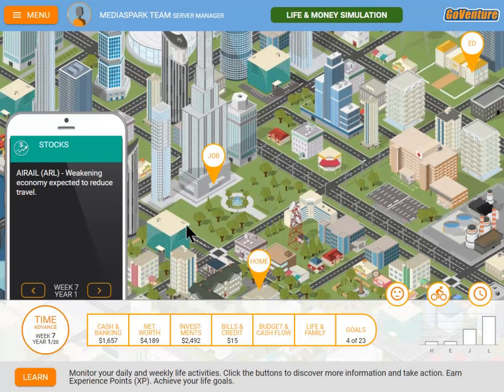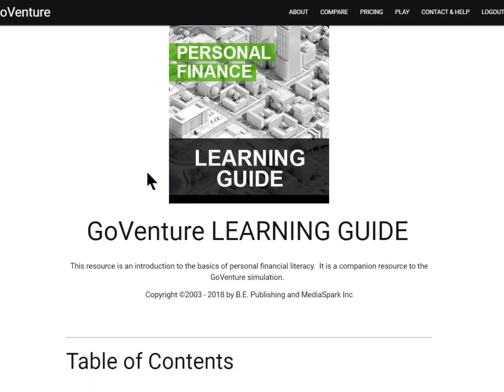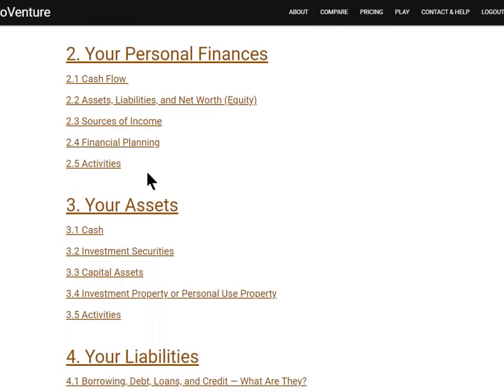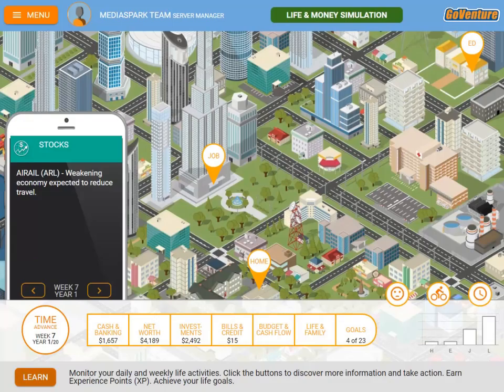Now, in some cases, there'll be goals that you will have to achieve. So let's take a look at that as our first step in reviewing the simulation. So along the bottom is our menu system, and this allows us to access different areas of the simulation. And you'll also notice again at the very bottom is a Learn button, and if I click this button, it will take me to the learning guide. So remember that very comprehensive learning guide that we've already reviewed. It will take us to the learning guide and whatever particular section of the learning guide we are reading about or practicing in the simulation itself.